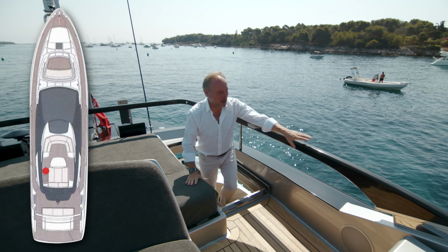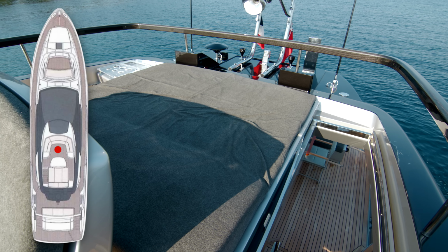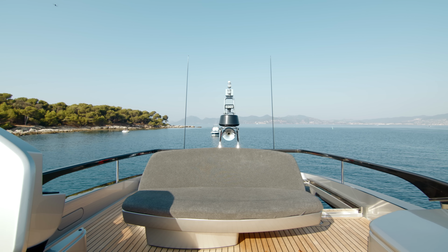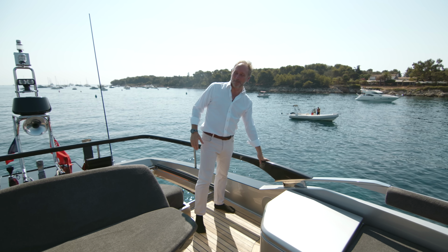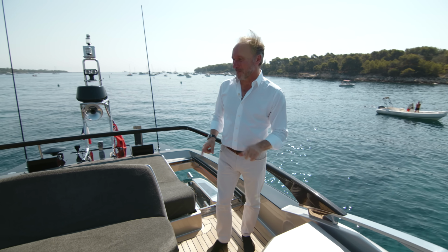So when I first took a look at this flybridge, I thought there's not much to say about it. It's functional. You've got a sun pad here, a seat here. Love the carbon fibre detailing here. But then as I looked around, I realized that there's actually a lot to say over here. First of all,